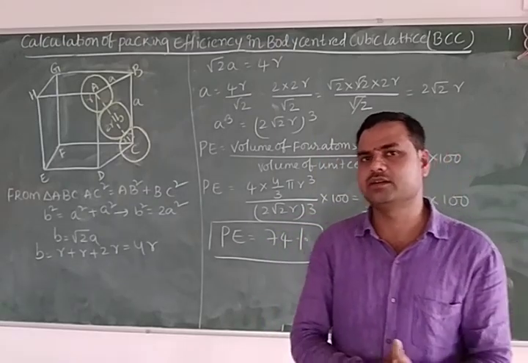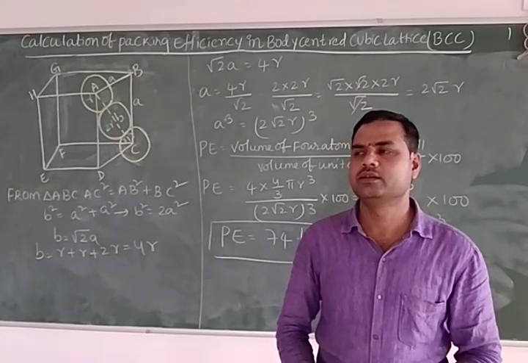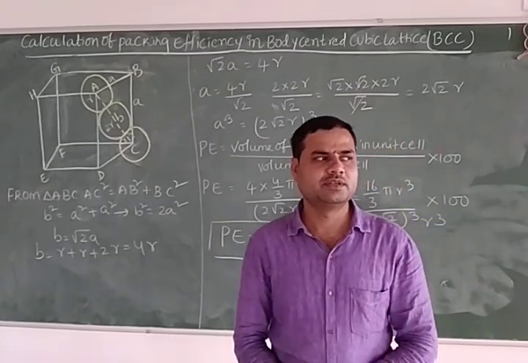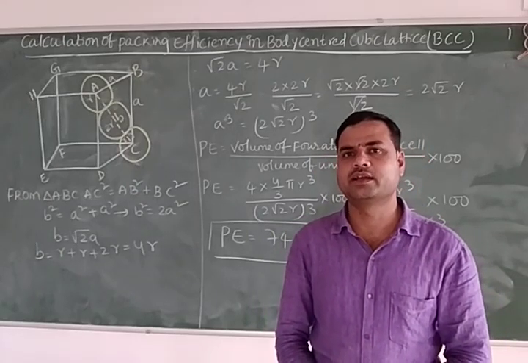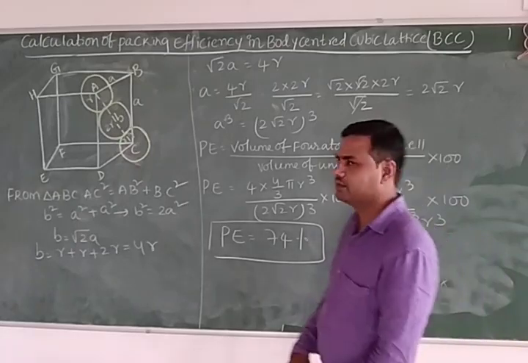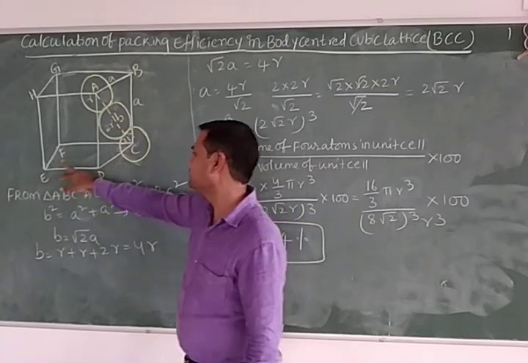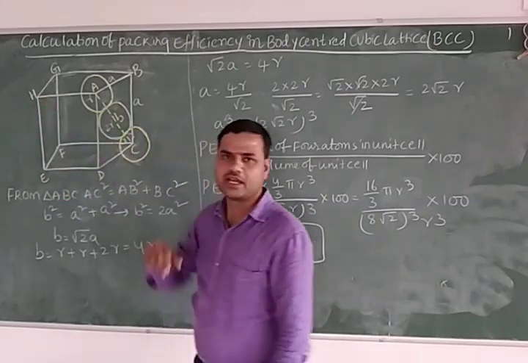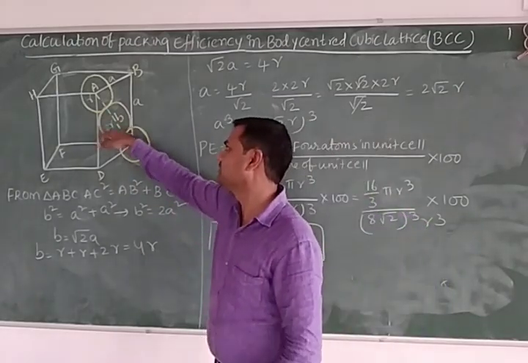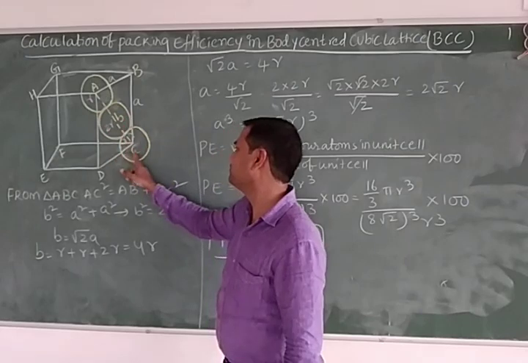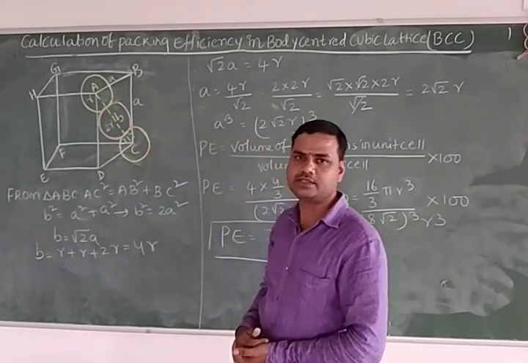Before starting this topic, once again I recall the atoms' locations in the face-centered cubic lattice. At which places are the atoms located? In the face-centered cubic lattice, the atoms are located at the 8 corners. Here I am denoting with this diagram: corners A, B, C, D, E, F, G, H. As well as atoms are located at the faces. Here I am showing an atom at only one face. A and C are both corners. This is an atom located on the face. Located on what? Face. Okay.